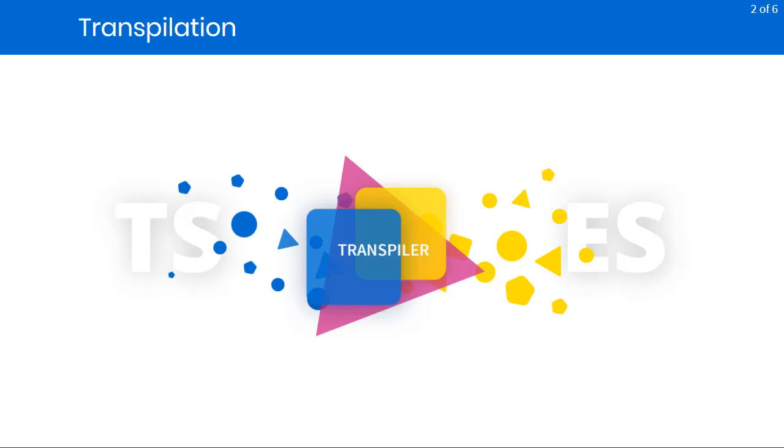So we're not compiling down to machine code, we're actually converting from one language to another, so we use the term transpilation, which is the common term used in the industry. Now there's some advantages that come from the fact that we've got a transpiler involved in our TypeScript projects, and we've talked about those a little bit in the previous sections, but I want to come back and hit those in a little bit more depth here.